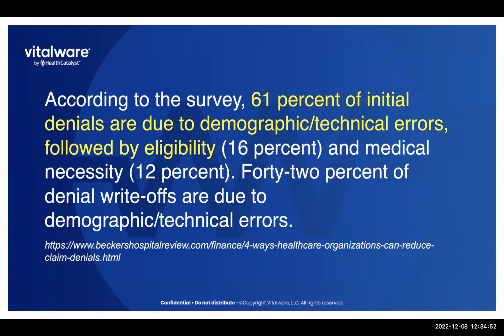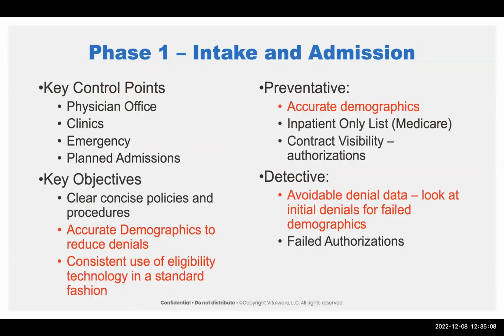And then authorizations. If you talk to authorization nurses or PAs or paramedics, you're going to hear that they were online for 2 hours to get an auth, and then the payer wouldn't auth the full thing. So you're going to see a lot of struggles to get this 61%. So where are the control points?